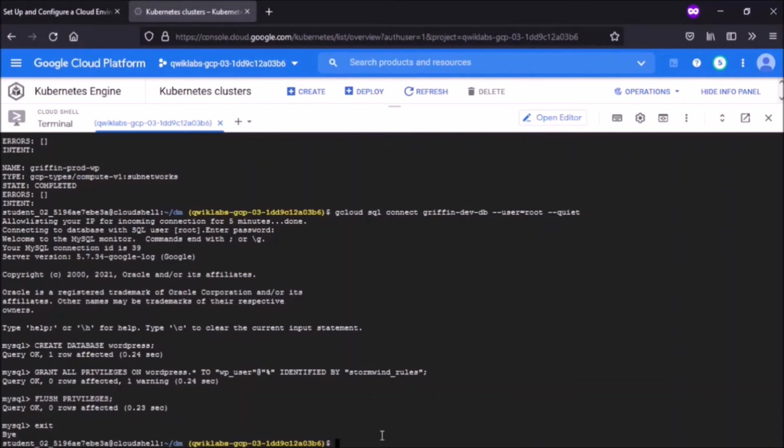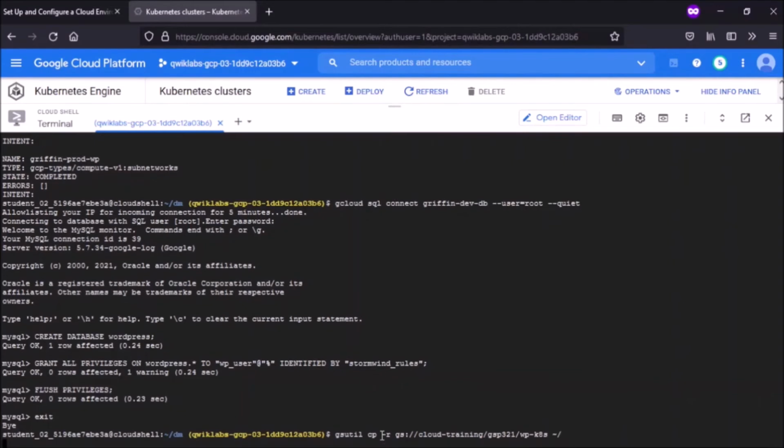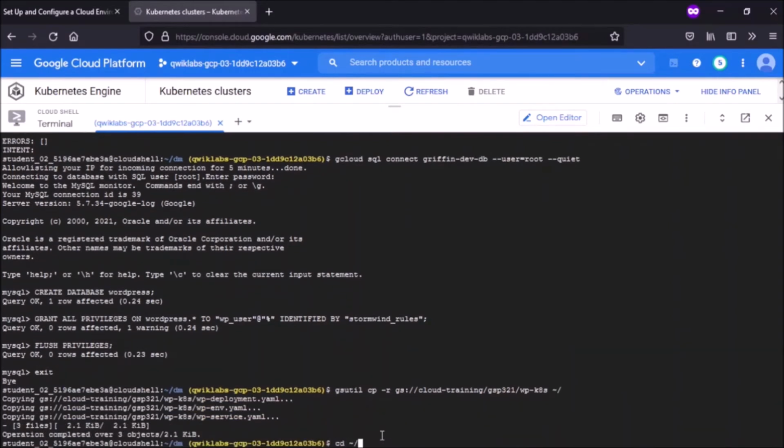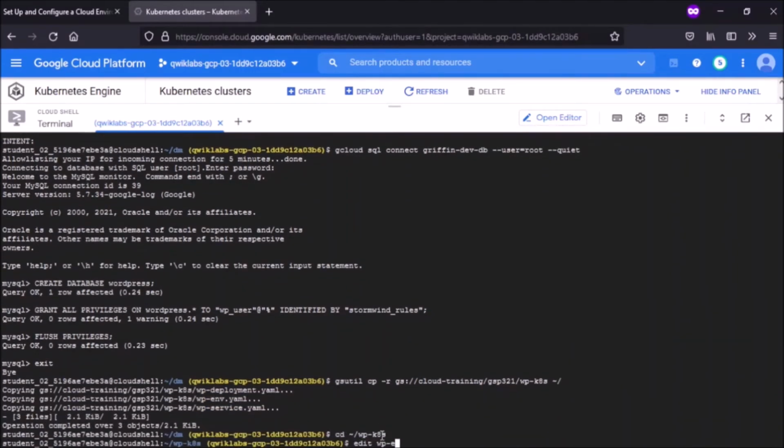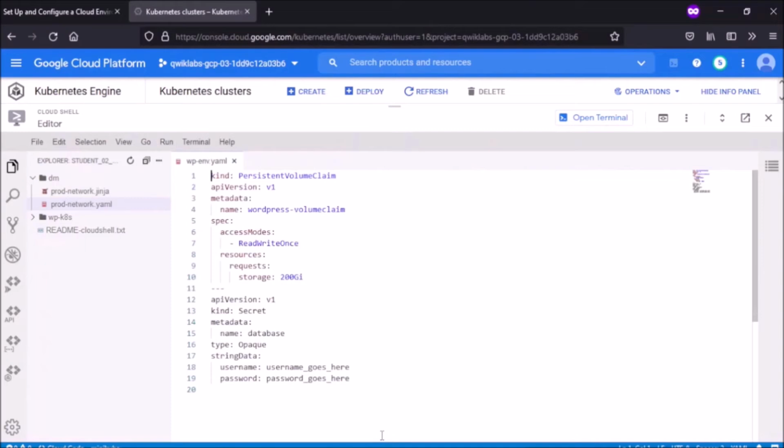First of all, we have to copy the files for the Kubernetes. In the WordPress environment file, you have to modify the username and password that has been provided to